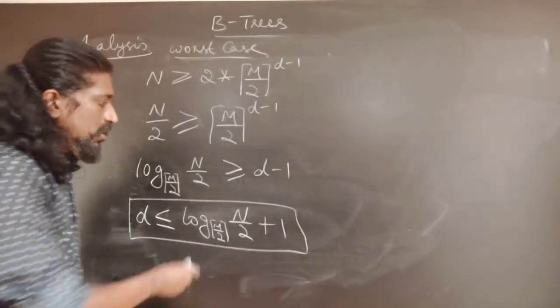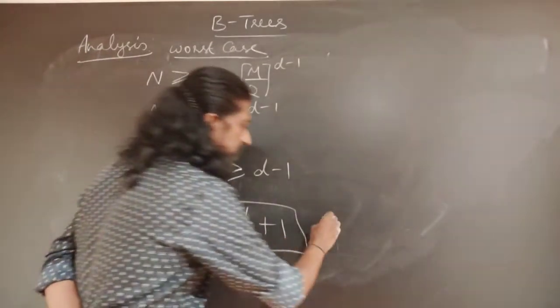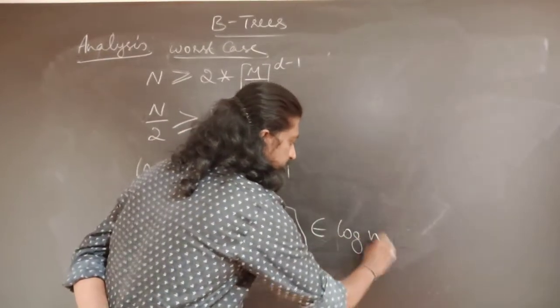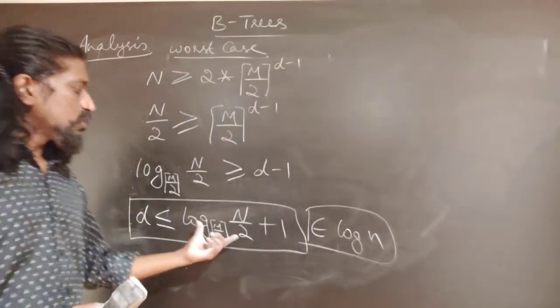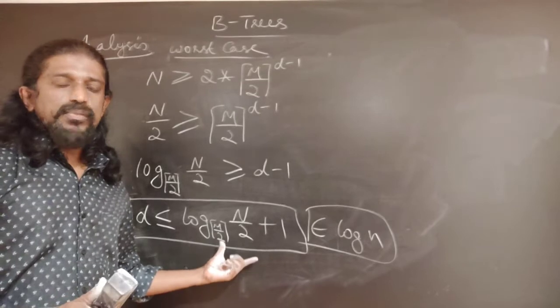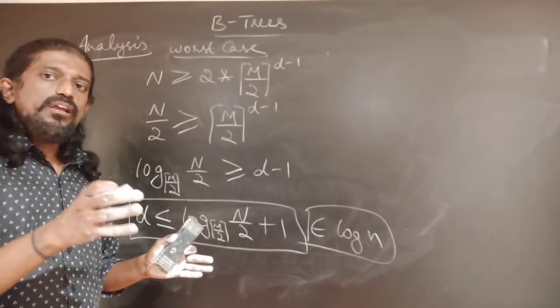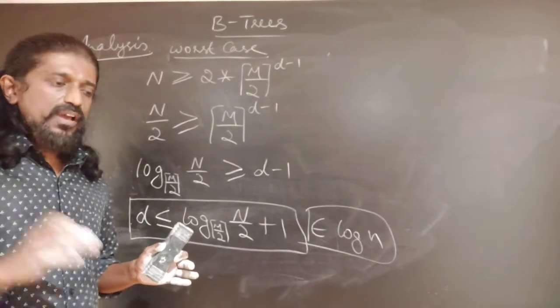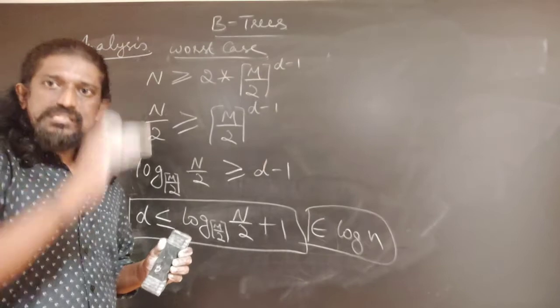Okay, so plus 1. If you can see, the efficiency of a B tree is still logarithmic. But we should see where B trees are actually used. B trees are used in a situation wherein the data records are stored in the hard disk. So when we are trying to fetch something from the hard disk, we need to minimize the number of seeks.